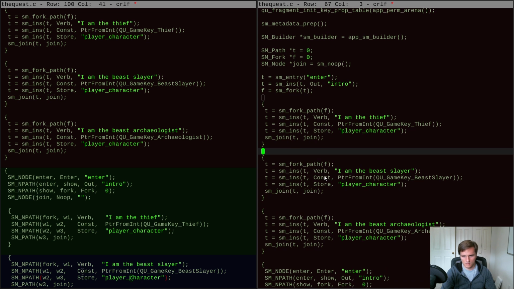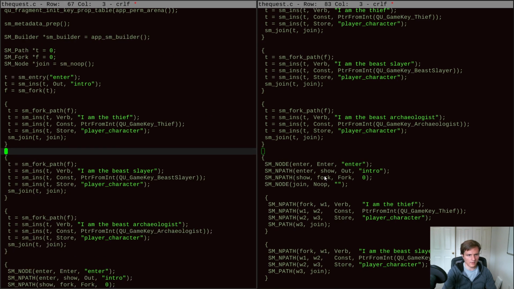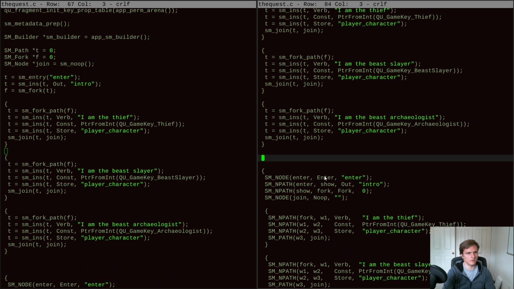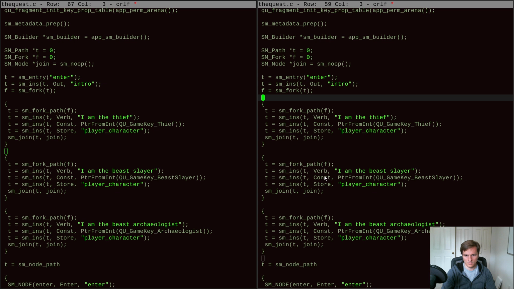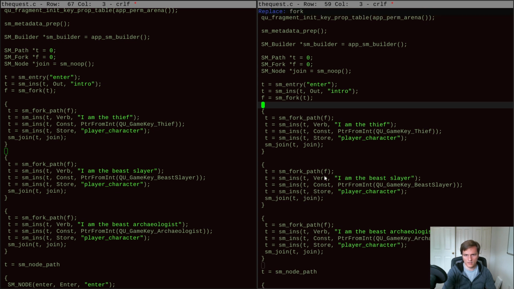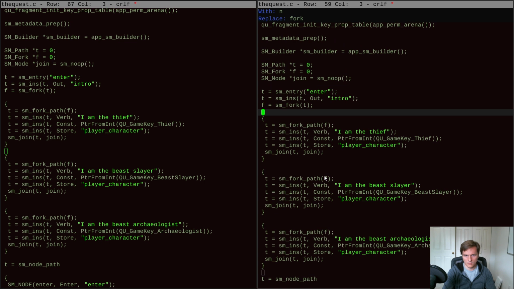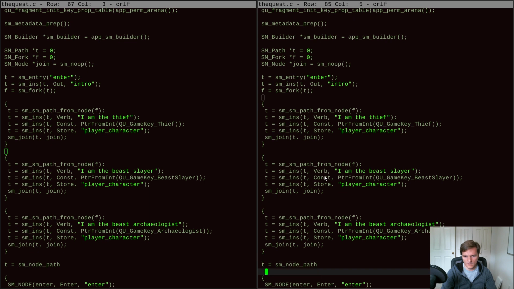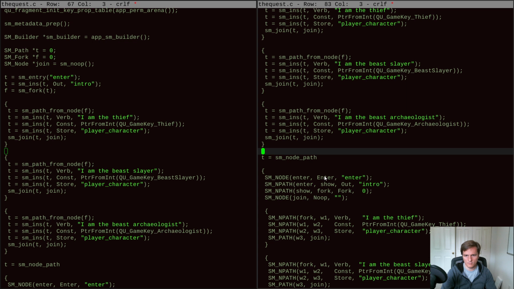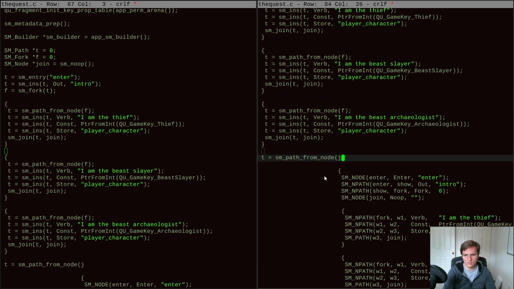If we were to keep writing and say we want to test if you're the archaeologist. So if you're at the join, then you go t equals sm node path, fork path node path. Instead of calling this the fork path, I'll just call this the sm path from node. And instead of having SM, it'll just be SM. So this is path from node join,